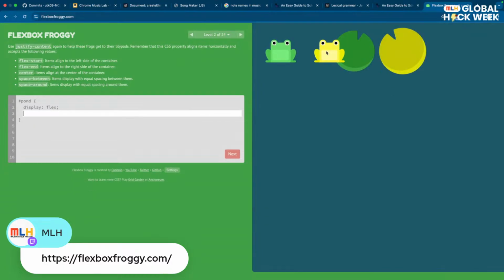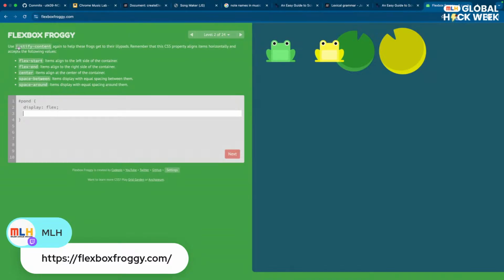Now you want to move this one to the yellow leaf and the green frog to the green leaf. What can you use from these Flexbox properties? You can use flex-start, which aligns items to the left side of the container, but we don't want it at the left, we want it somewhere in the center. So if I do just center,